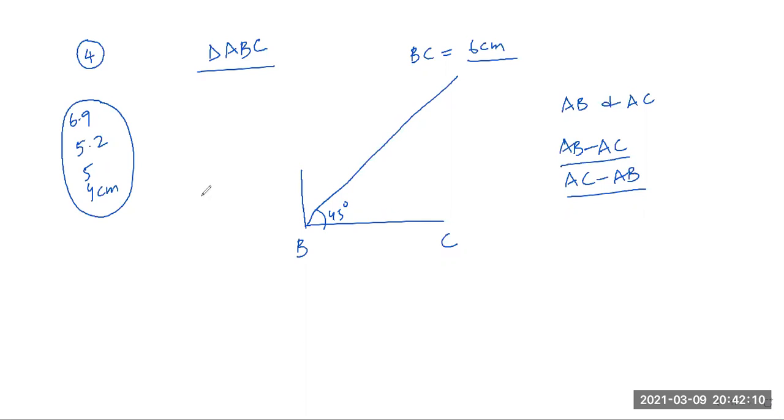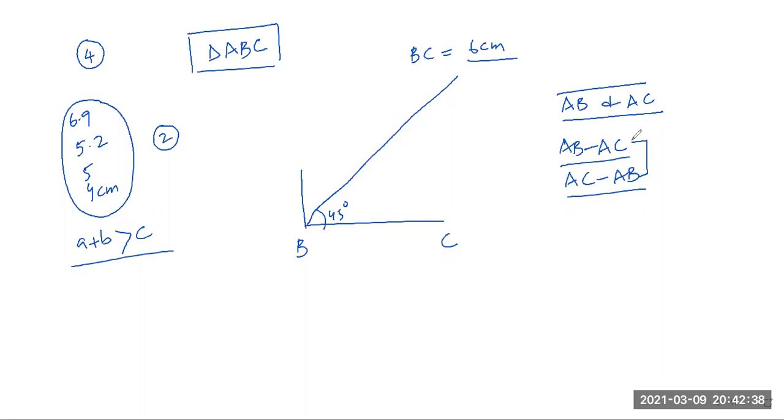So there are two ways I can explain this. One is a very simple way. Sum of two sides A plus B is always greater than third side. Am I right? Now it says difference of AB and AC. It says that it's not possible to construct ABC when the difference of these two sides is equal to this, or this. You see, students, these differences are less than 6, and only this difference is greater than 6.